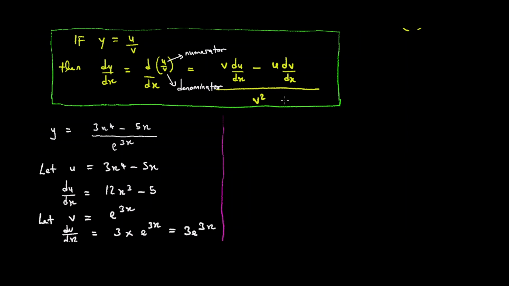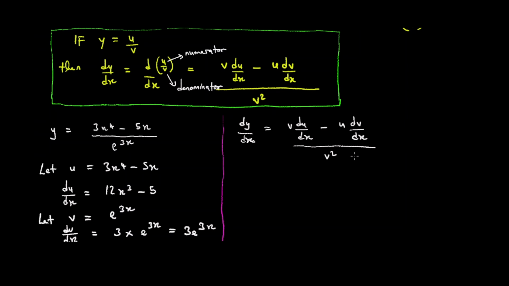Here we are just substituting, so we write that dy dx is equal to, always start with v, so v du dx minus u dv dx over v squared. It is important to know that we always start with v, because when subtracting, order matters. 3 minus 2 is different from 2 minus 3. In the product rule you can start with u dv dx plus v du dx, because with addition it makes no difference, but always start with v so you remember that v is where we begin,